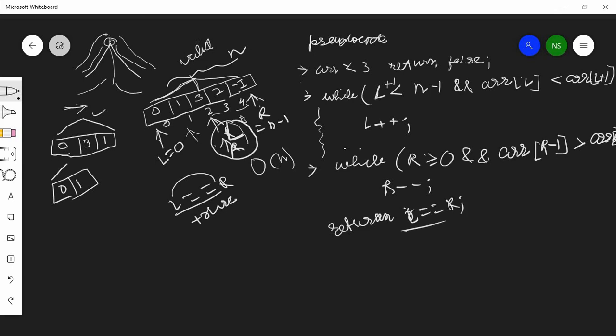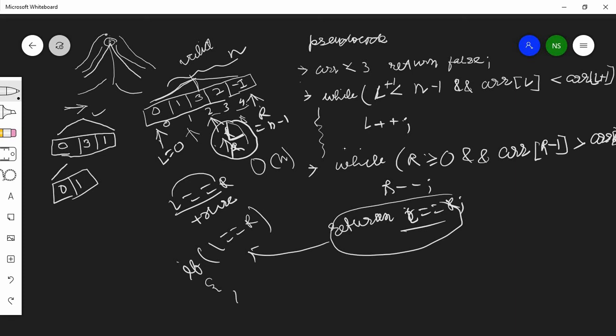This is the best way, I think, because if we do not write this statement and want to go some other way, we have to do something like this: if L equal to R, then return true, which is not good code, an unnecessary line of code. Else return false. This whole thing we can compact to this. So this is the code. Hopefully you understood. This is a two-pointer method.